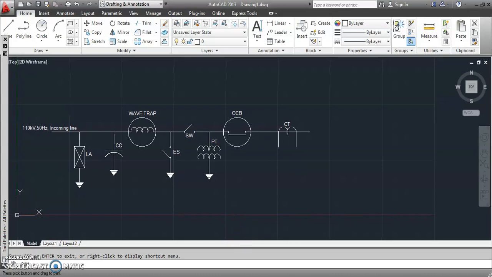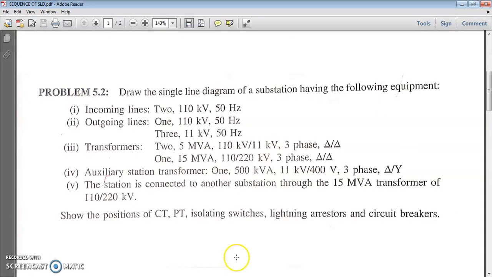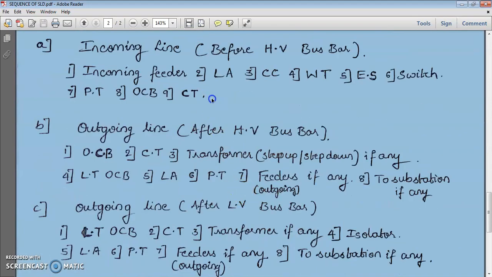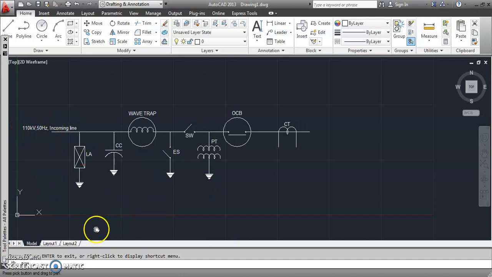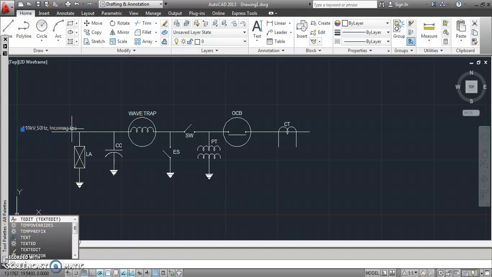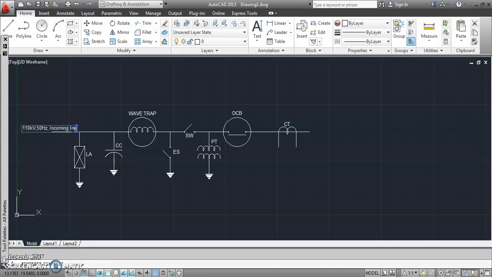Okay, so I'll open the PDF once again. So I've done all the equipment right from the beginning, 1 to 9. Now actually we need how many? 2 incoming lines, no, but we have done only one, right? I can copy it and paste it once again here later once we are done with the remaining things. That's not a big deal, and it will be the same for the other line also. You can write incoming line 1, incoming line 2 for your reference sake. Okay, incoming line 1, right? This is 1. Fine.